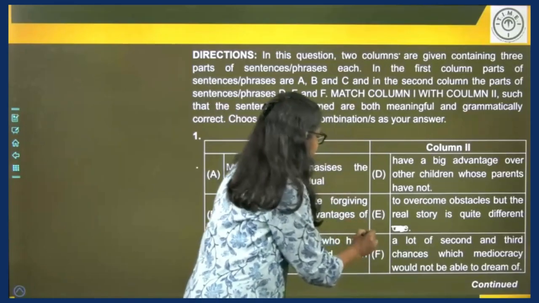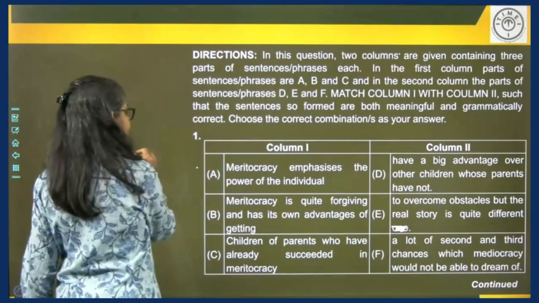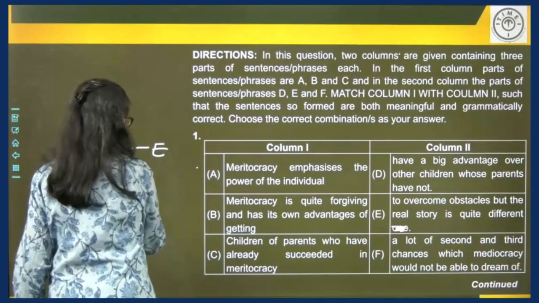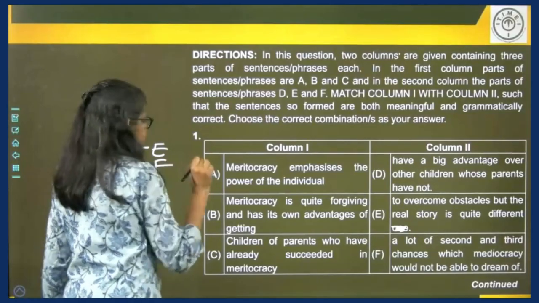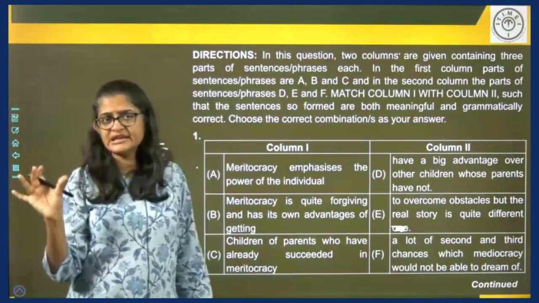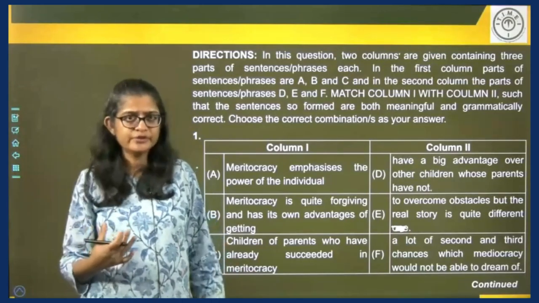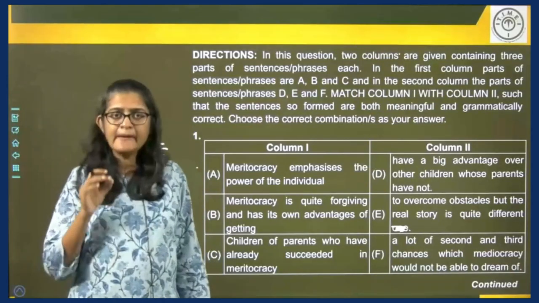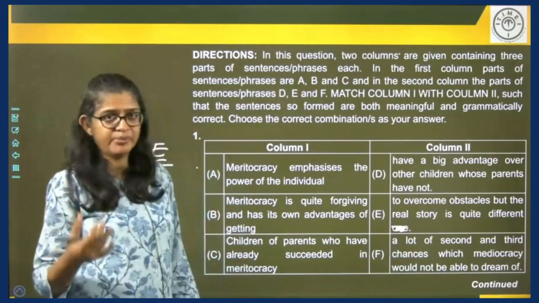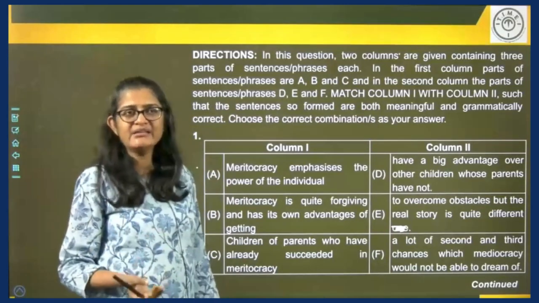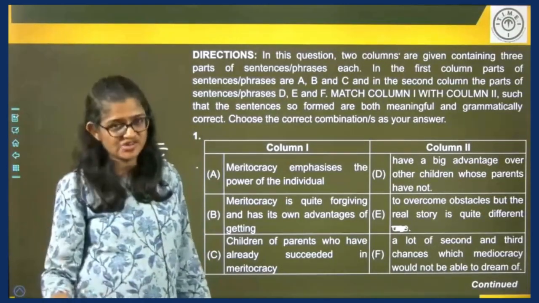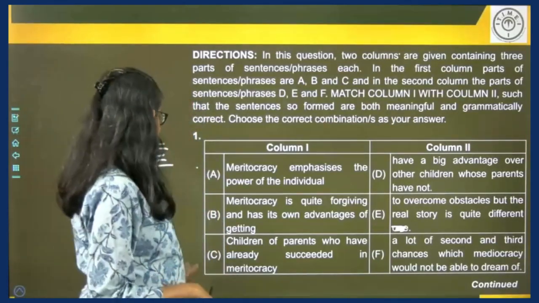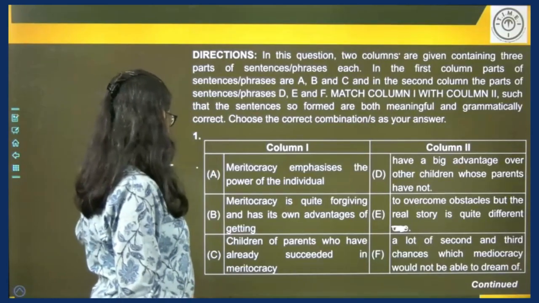So B and F. What do we have so far? We have A and E, and then we have B and F. I hope you all know what is meritocracy. Cracy is rule, merit you know, right? So, rule of merit or a situation where merit is recognized or given importance. Mediocracy is where mediocrity can also get a chance or get to rule. Mediocrity is being average or below average. Okay. So now we have A, E and B, F.